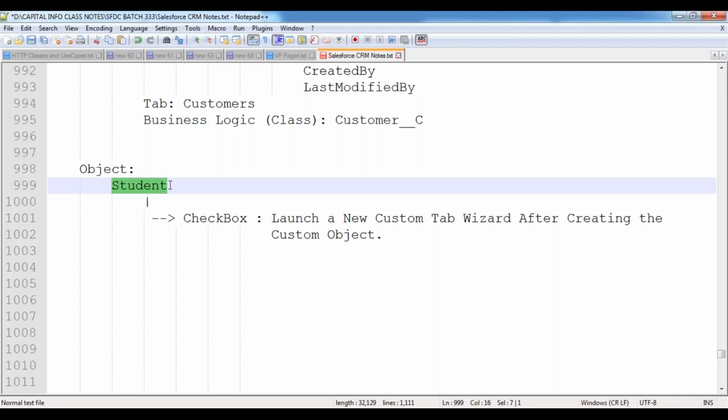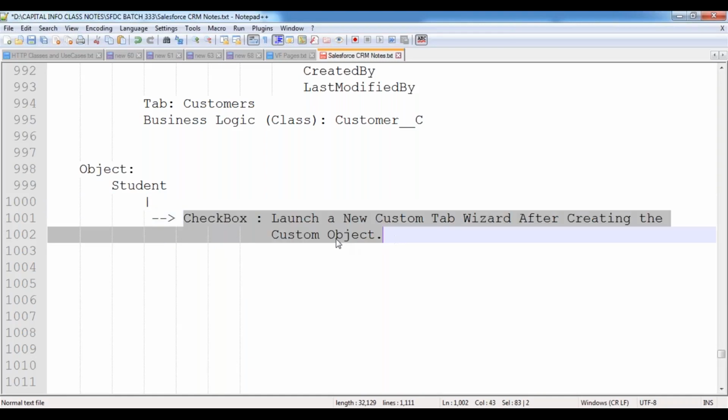That means upon creating this student object, I did not select the checkbox, launch a new custom tab wizard after creating a custom object. So the table was created, and my client is managing the records through some programming language, by using some integration, by using some tools. He is creating, updating and deleting the records inside the table.